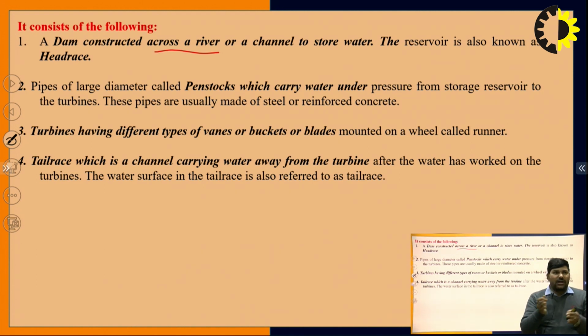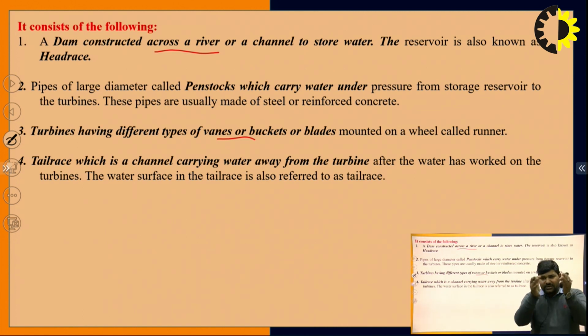Pipes of large diameter are called penstocks, which carry the water under pressure from the storage reservoir to the turbine, and these pipes are usually made of steel or reinforced concrete. The turbine has different vanes, buckets or blades mounted on a wheel, and that wheel is the runner. In the case of a pump, the blades are mounted on the impeller. The fourth one is the tail race, which is the channel carrying the water away from